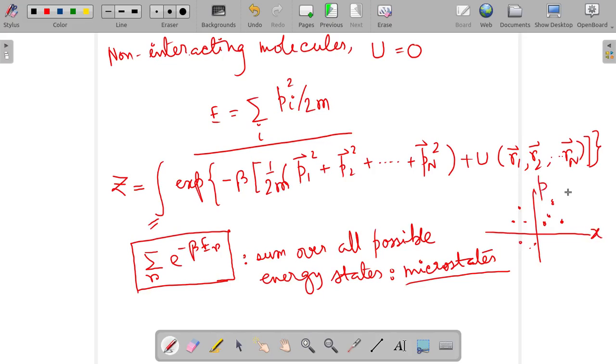So different microstates represent different points in the phase space. সুতরাং equivalently what we can do is we can determine our partition function by summing over all possible microstates in a phase space, এবং যদি এই মাইক্রোস্টেটগুলো খুবই কাছাকাছি থাকে, কোয়ান্টাম মেকানিক্যালি স্পিকিং